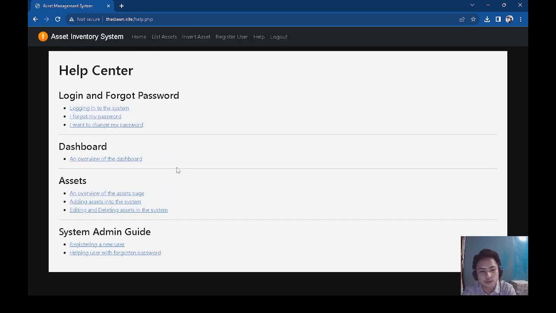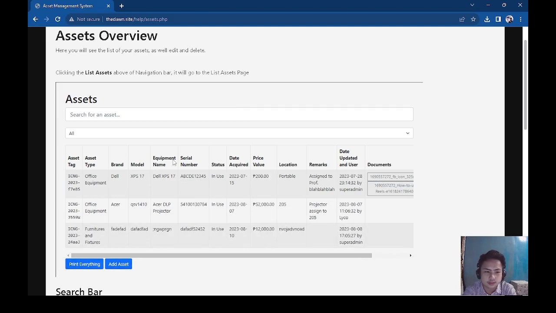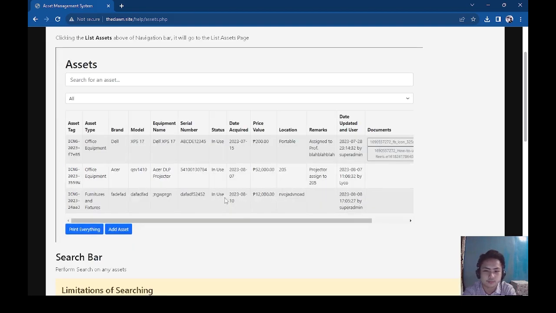Now let's move on to our assets. An overview of the assets page. Now if you click the list assets above in the navigation bar, we will see this asset page. We can see all the assets here. The asset tag, the asset type, of what brand, what model, the equipment name, the serial number, the status if it's in use, available, or for repair, then the date acquired, then the value of the